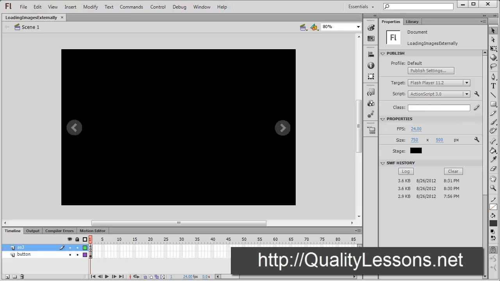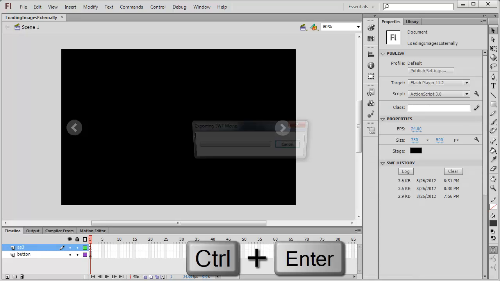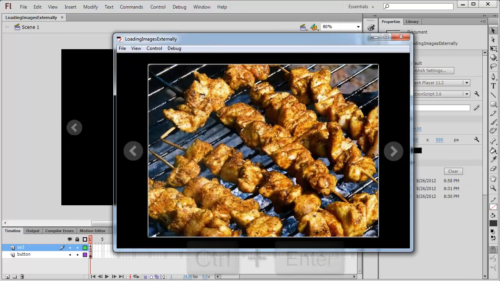In fact, before I proceed, let me first show you a publish preview by testing the flower file by hitting Ctrl Enter on the keyboard. So guys, this is the first SWF that has loaded externally. All the pictures, rather SWF files, in fact 5 of them, have been stored or kept in an external file. They are not inside the Flash interface,